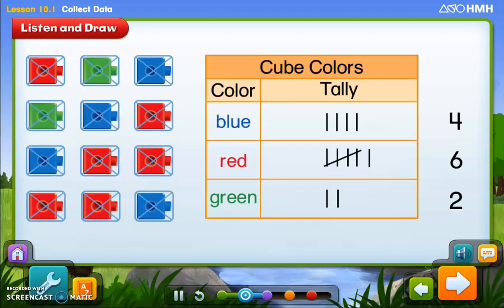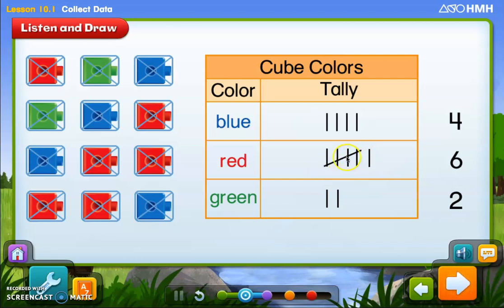We can make tally marks in a chart to record information. It is easier to count tally marks when they are in a group of 5. So that's really important to remember. When you have 5 of an object, the fifth tally mark always goes across the first 4. Tally marks are usually arranged in groups of 5. So once you get to that fifth one, you put the fifth tally mark diagonally across the first